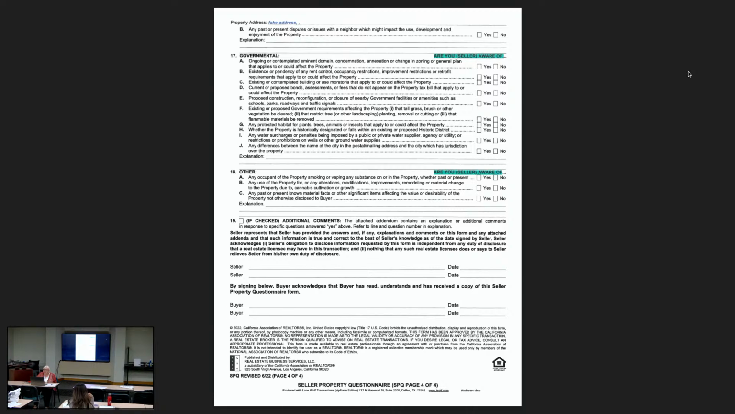Then there's the governmental stuff. Now, I've never had any of this pertain to any of my properties, but you will run into eminent domain under letter A, and rent control. Definitely, we're going to see a lot more of that, because I think it's going to become statewide rent control. Habitats for plants and animals, just go through that. Anything else? Oh, smoking and vaping in or on the property, that's down under 18. Any use of the property for